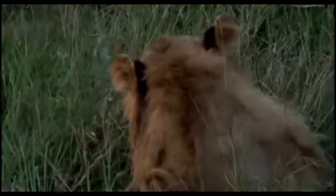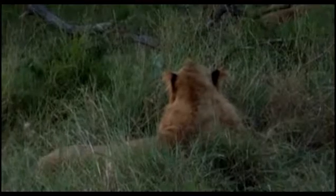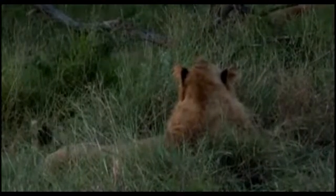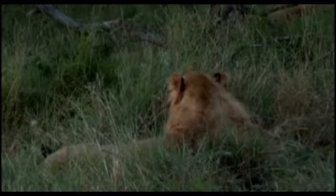Just by looking at him doing what he's doing now, this grooming, and looking at how much loose skin he has on his back, it obviously tells you that these particular lions have not fed in the last 3 or 4 days, and that they would need to hunt in the next day or so, if an opportunity arises. And as I said just now, around the dam at the moment there's not much game at all to speak of. I'm not sure whether they've come in from the north or...